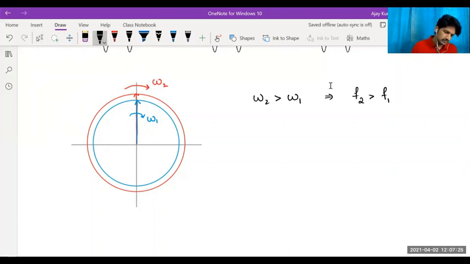Let us take the slower phasor as the reference. So we are going to take the blue one as the reference. Let's name these waves y1 and y2. We'll take y1 as the reference. Then omega 2 with respect to 1, the angular velocity of the second one with respect to the first one. We always take the slower one as the reference. You can write this as omega 2 minus omega 1, since they are in the same sense. Both are clockwise. Okay, so that is their relative angular velocity.